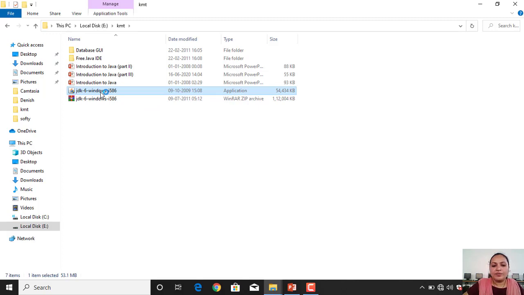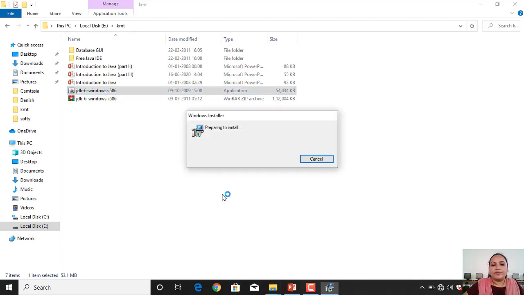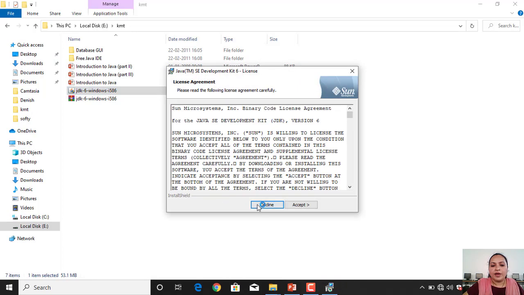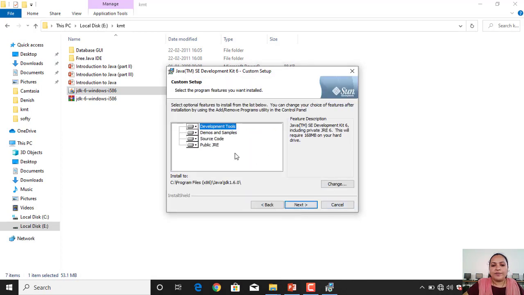Allow your system to install this program. Accept the license agreement. Now this will show how much space it is going to take on your hard disk. It will take 168 MB on your hard drive.